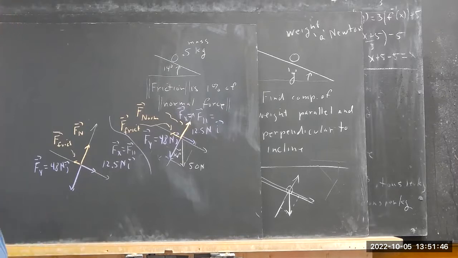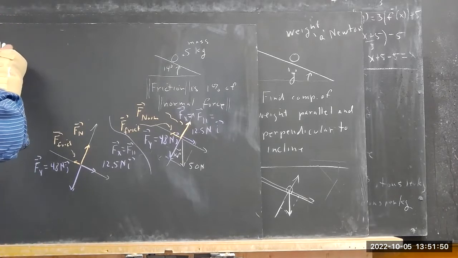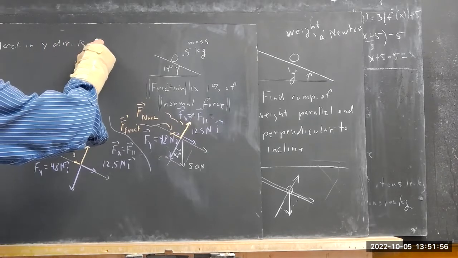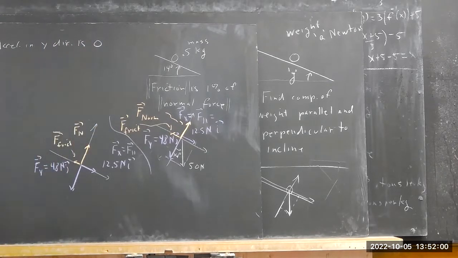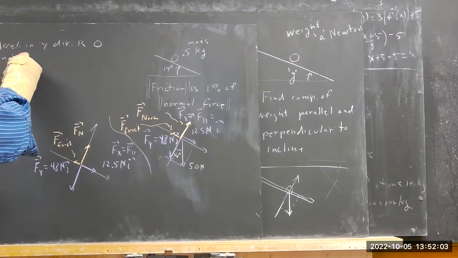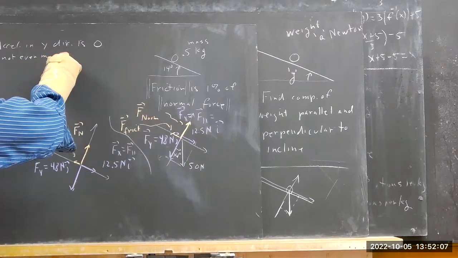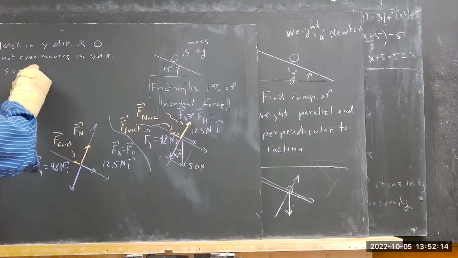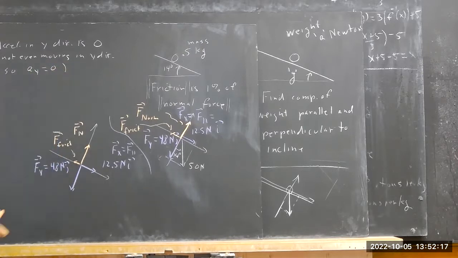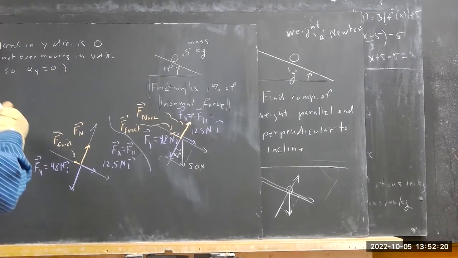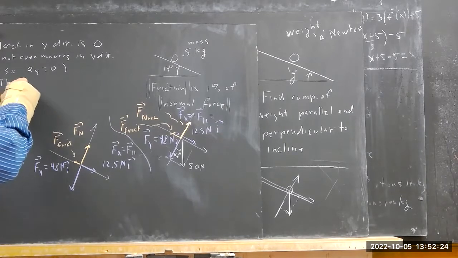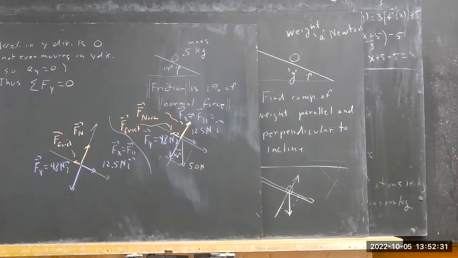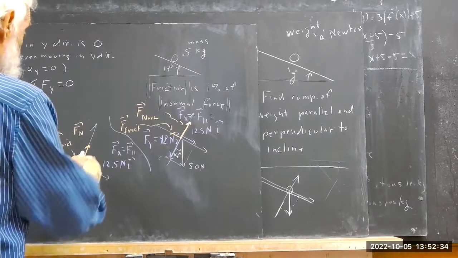So our analysis is very simple now. Acceleration in the y direction is zero. That's equilibrium. Thus, the sum of the forces in the y direction is 0. Well, that immediately tells us what the